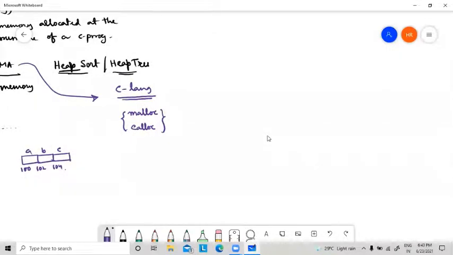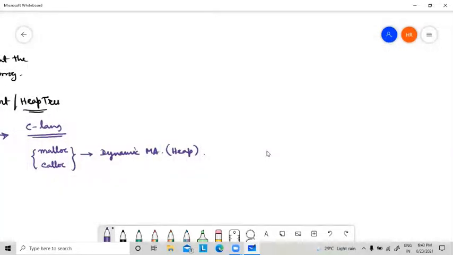So there are two different functions, malloc and calloc, which are used for dynamic memory allocation. That means memory will be allocated at runtime from heap memory.